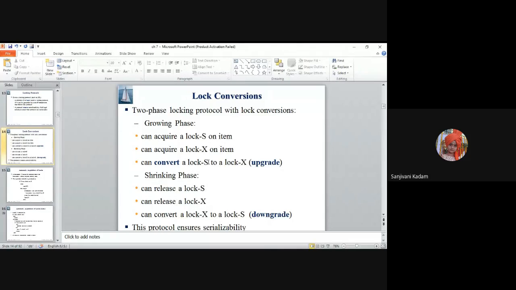For example, if a shared lock was there previously, now we can shift from shared to the exclusive lock type. As exclusive lock is much more restrictive than shared, this type of lock conversion is called an upgrade lock conversion. Upgrade means that we are moving from shared lock to exclusive lock. Shared means we perform read operations on a data item; exclusive lock means we can perform both read and write operations. Shared mode is less restrictive and exclusive is stricter, which is why this conversion is called an upgrade.